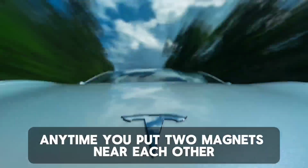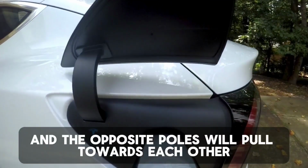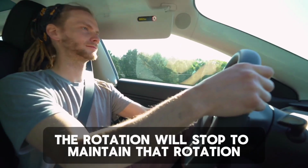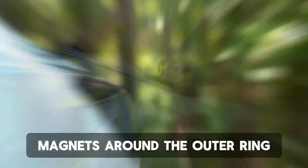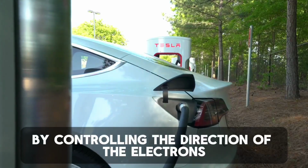Anytime you put 2 magnets near each other, there will be a natural push and pull, and the opposite poles will pull towards each other while the like poles will push away. But once the initial alignment is complete, the rotation will stop. To maintain that rotation, all you have to do is constantly move the north and south poles of the stator magnets around the outer ring, and again you do that by controlling the direction of the electrons flowing through the